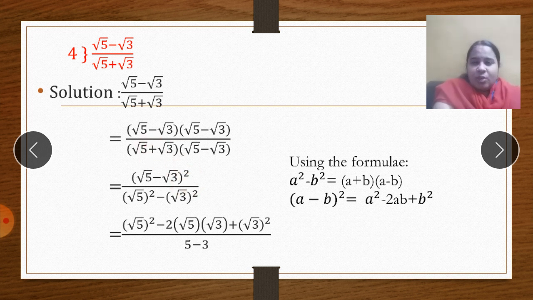And look at the denominator. Exactly same as the previous sums. A plus b, a minus b. Formula to be used is a square minus b square. Now this particular sum is having two identity formulas. Now I'll tell you the mistake which maximum students do in the exam. Okay. The mistake is this is root 5 minus root 3, root 5 minus root 3. Same thing is multiplied 2 times.